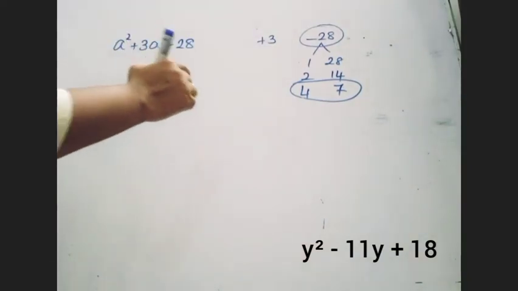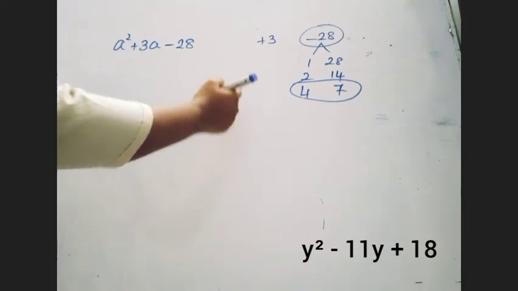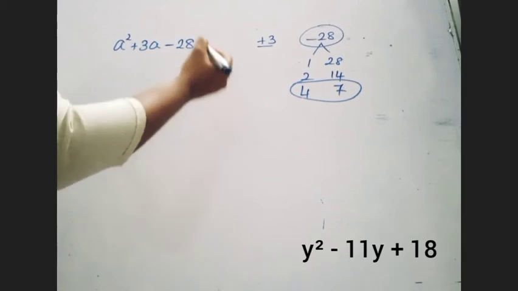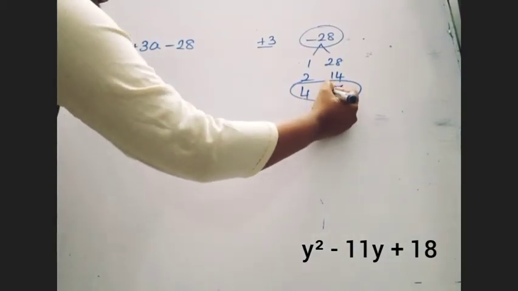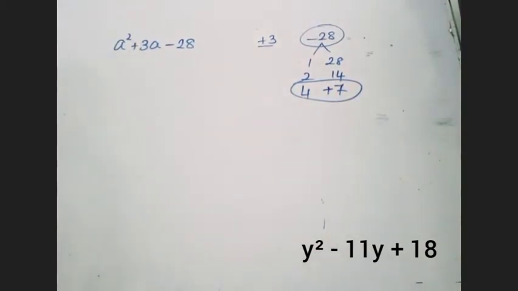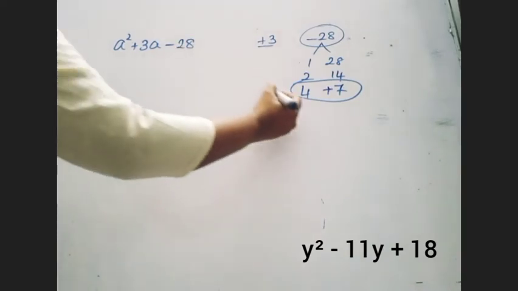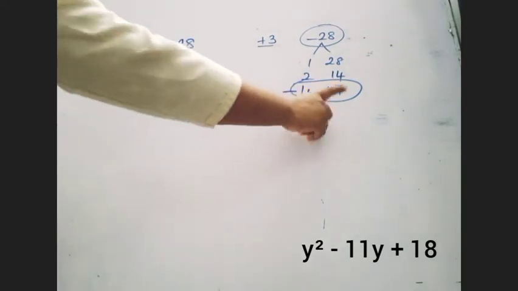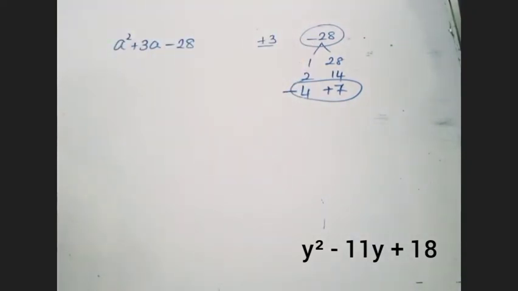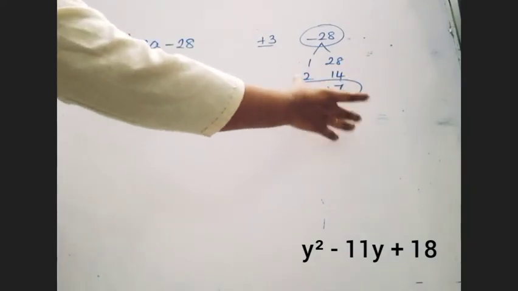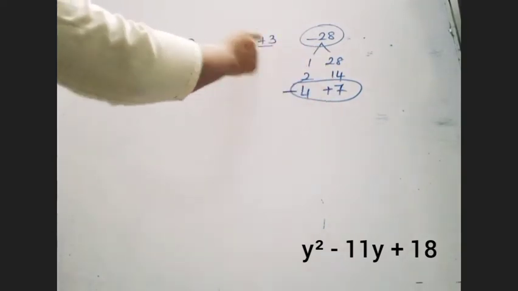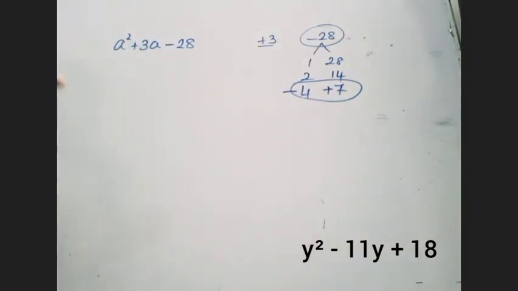Okay, so we are going to subtract to get it. So let's put the signs properly. Remember, since the middle term is positive, what did I say? The higher numerical value must contain the positive and the lower one should contain the negative. Now see, when you multiply you are getting negative 28. When you add, that means it's subtracting, since the signs are different. Subtract, then you will get positive 3. So this is the correct pair.